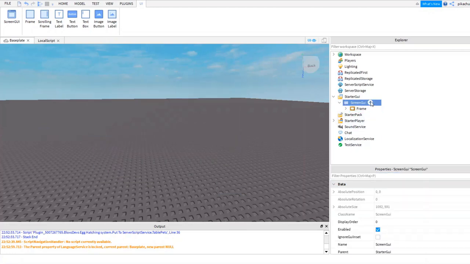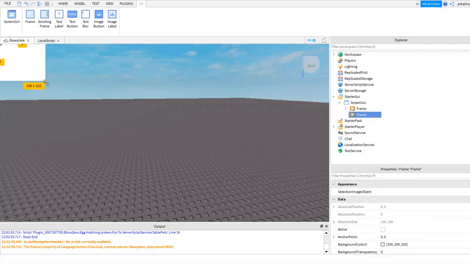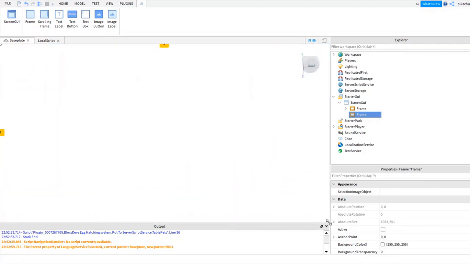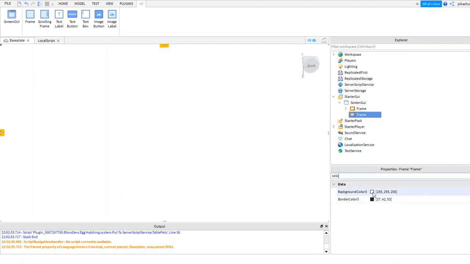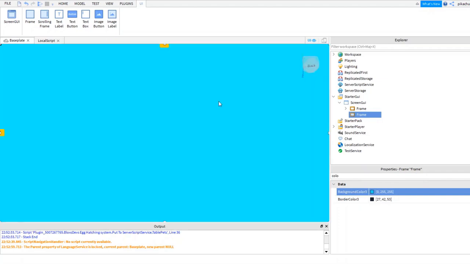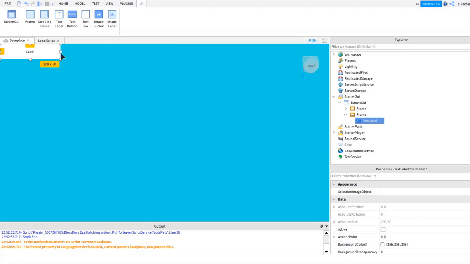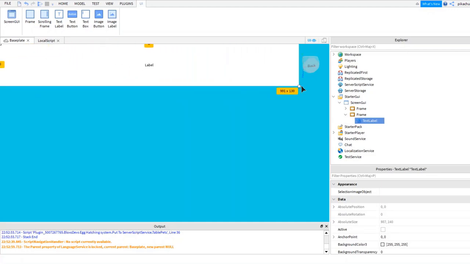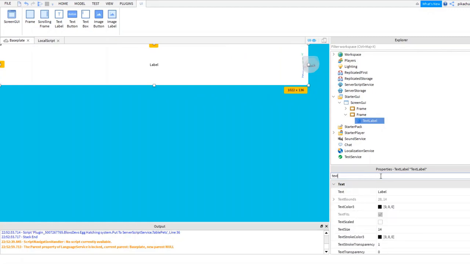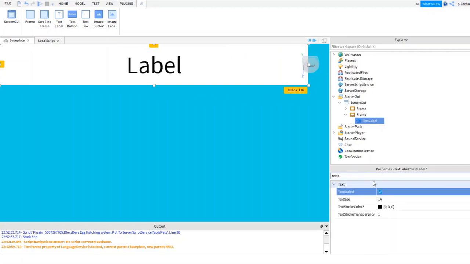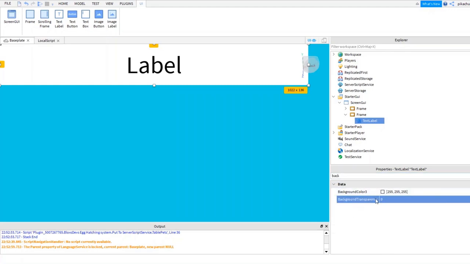And what we're going to do is add a frame and stretch it to the whole screen, and start adding more stuff to the frame, like change the color to something like blue, and yes, this looks great, a bit darker maybe. Then we're going to add a text label, which is going to stretch over the whole screen. Let's go over and set text scale to put it up, and change the text itself, and change the background transparency.